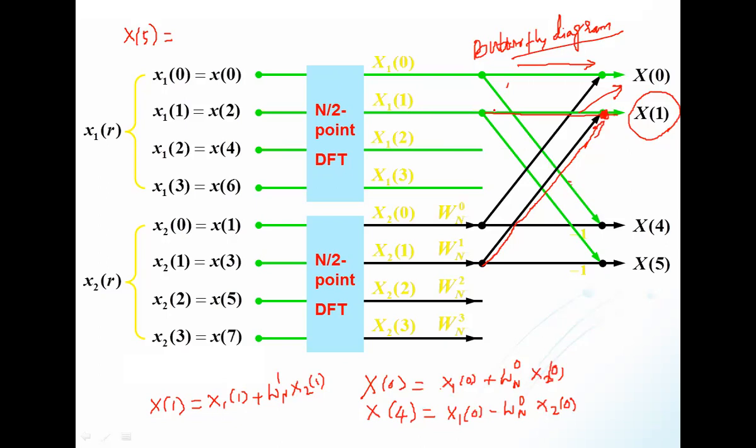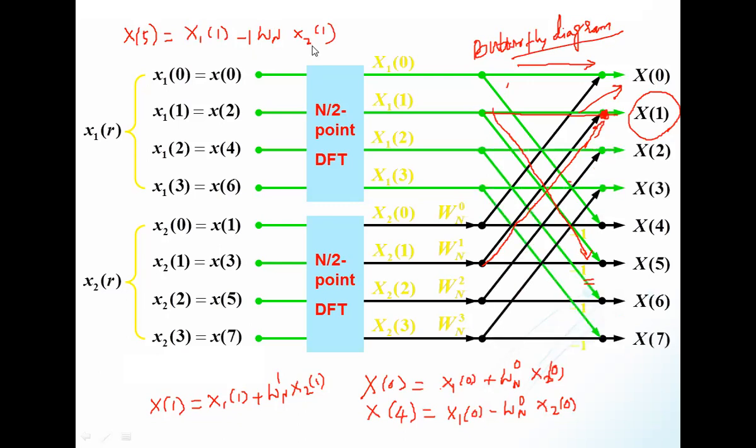यहाँ पे x of 5 अगर आप देखेंगे यहाँ पे, so this signal is coming first. Okay, then this signal. तो क्या लिख सकते हैं हम वहां पे? It is x1 of 1, as minus sign is there, so minus 1 multiplied with Wn to the power 1 into x2 of 1. So this is the way how we need to calculate the values of this. So let us complete all 8 values, and this is what we are calling it as a butterfly diagram for the DIT FFT 8-point value.